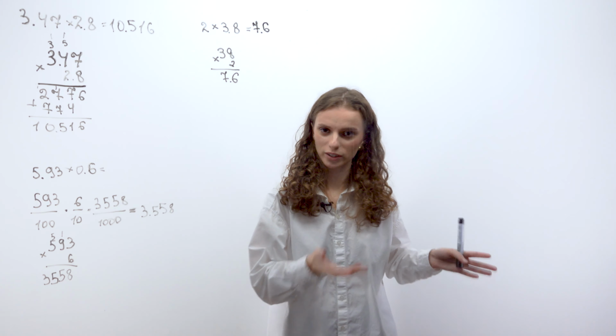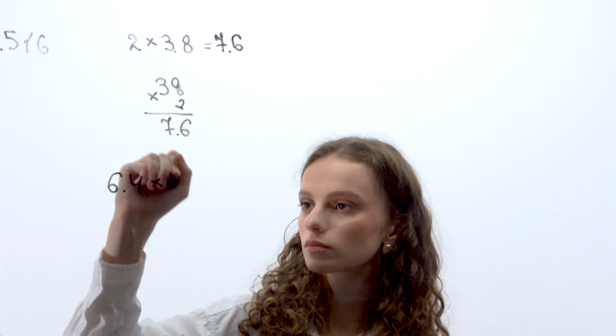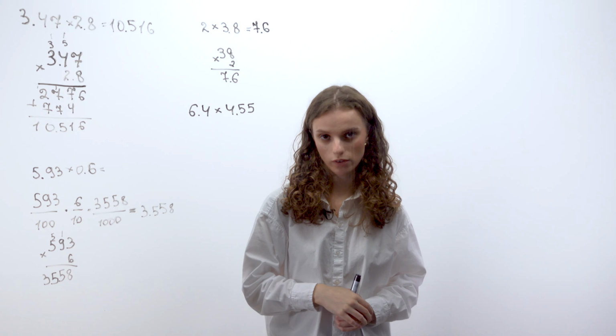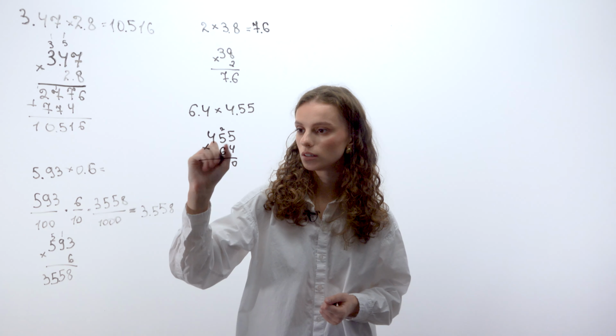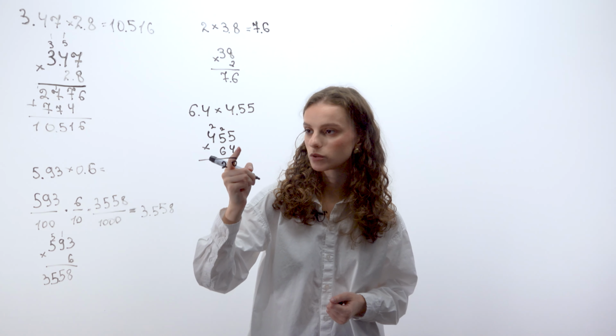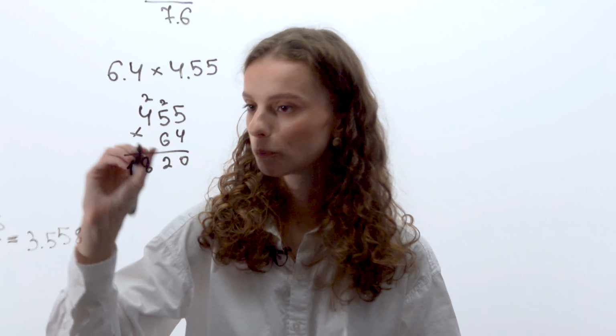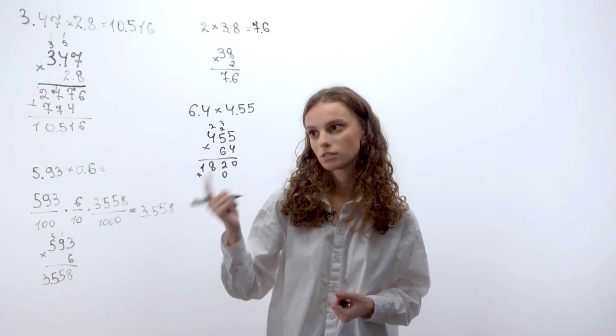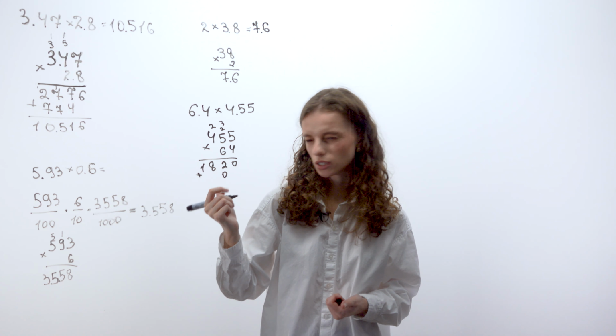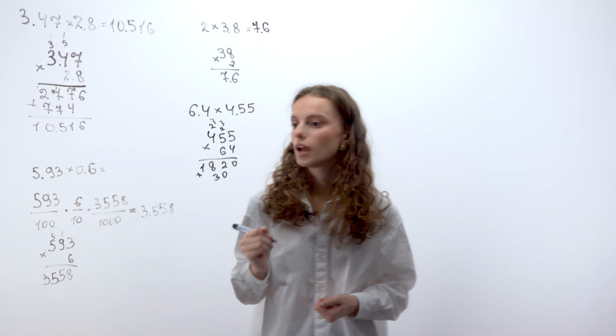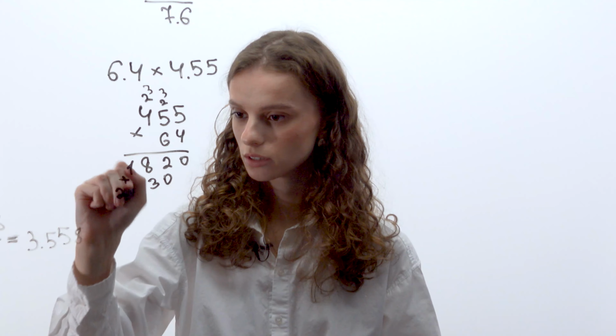Okay, let's keep going. In this example, I have 6.4 multiplied by 4.55. Keep using the standard algorithm. 5 times 4 is 20, 22. 4 times 4 is 16, and 16 plus 2 is 18. 6 times 5 is 30, and plus 3 is 33. And 4 times 6 is 24, and 24 plus 3 is 27. And we get